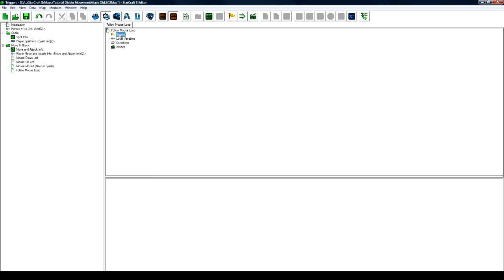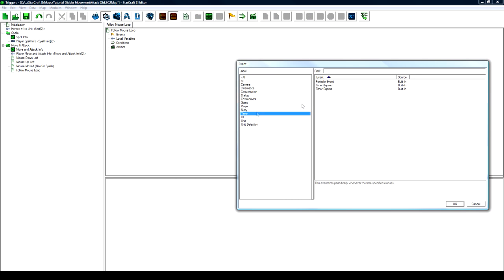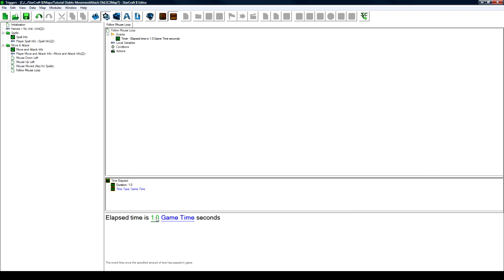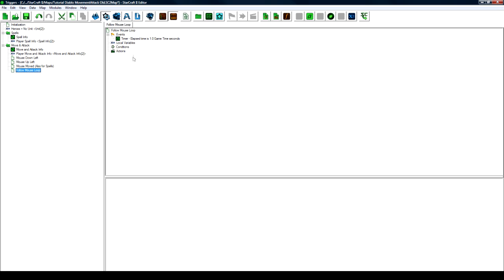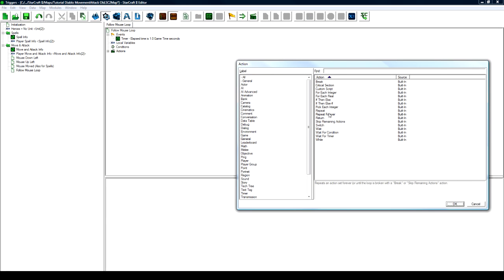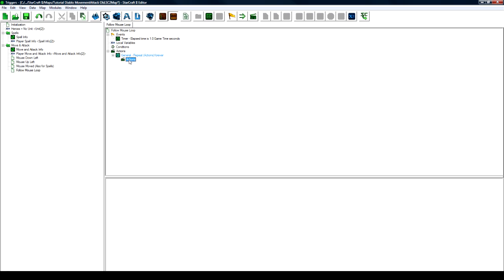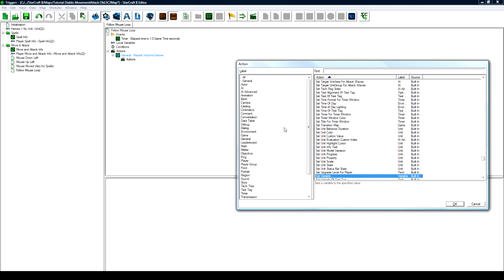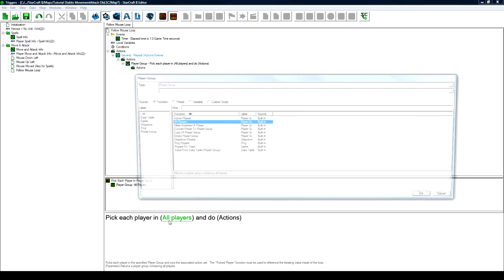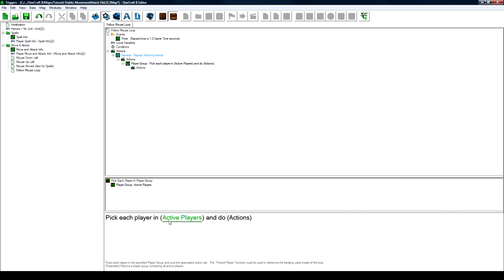And the event for this trigger is going to be timer, elapsed game time is 1 game time second. I'm just doing a bit after 0 just so it has some time after this initialization is run. And the action is going to be general repeat forever. And then the action within here is going to be player group, pick each player in active players, and then